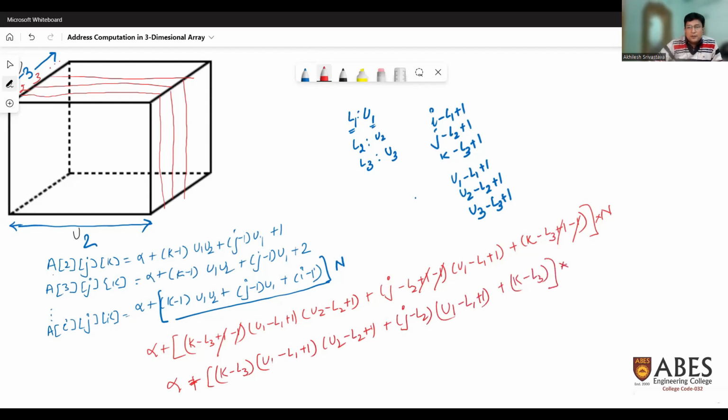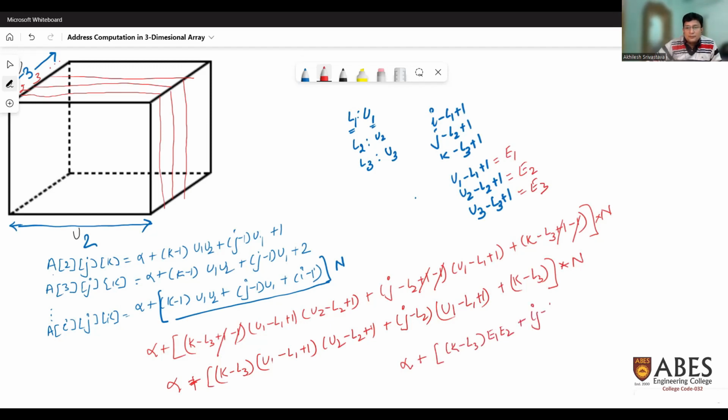This quantity multiplied with N. If I assume that U1 minus L1 plus 1 is referring to the size of the first dimension as E1, and this is E2, and this is E3, then we can write the formula in a simplified way: K minus L3 into the first dimension multiplied with the second dimension,